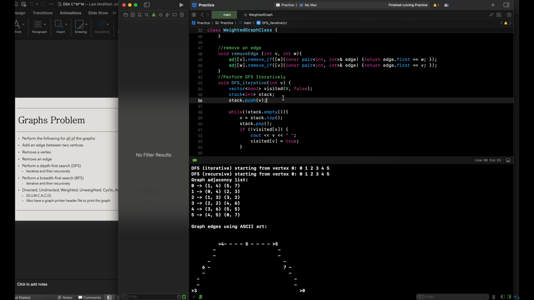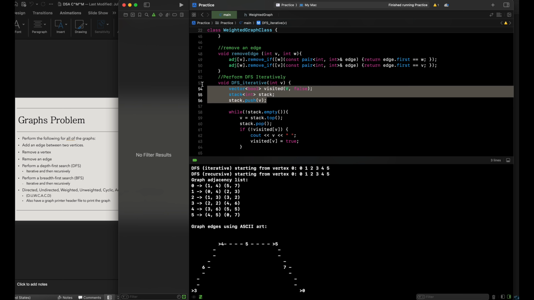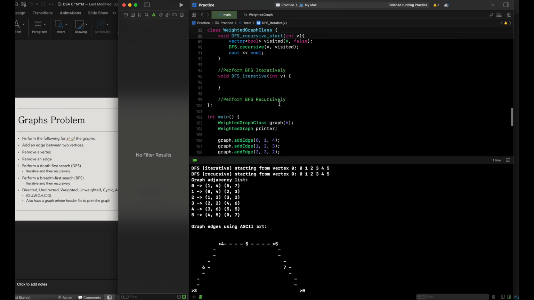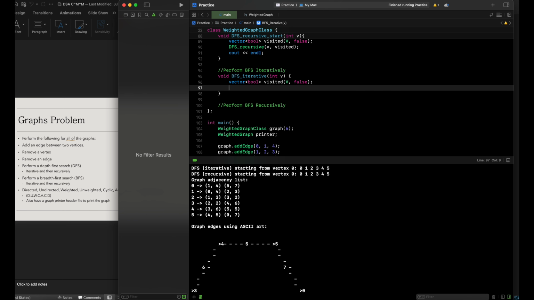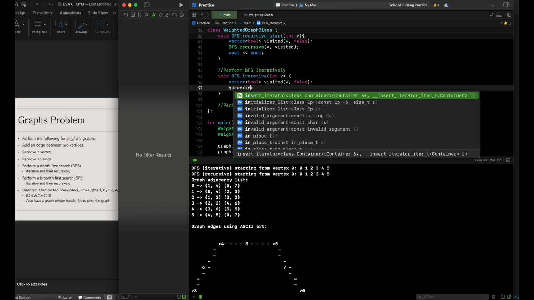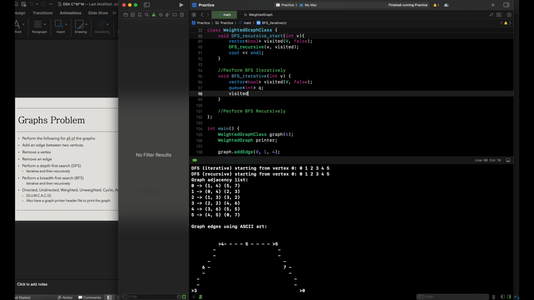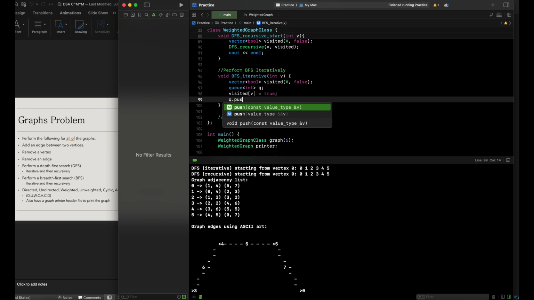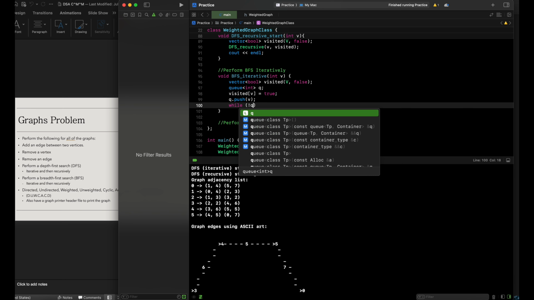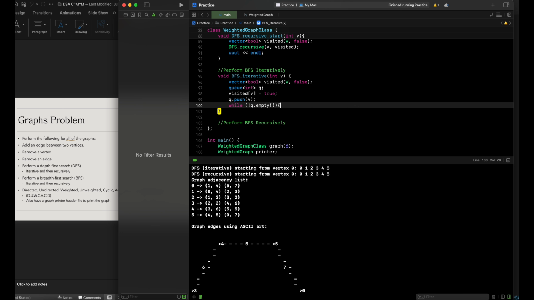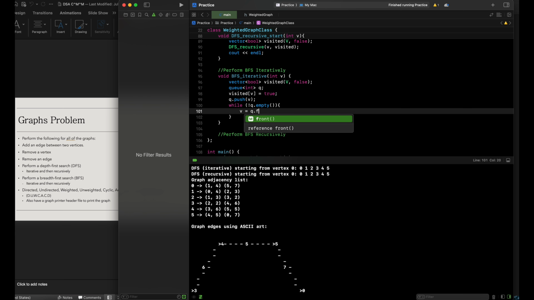While stacks go last in, first out. So some principles that we can actually take, we can use the vector of booleans that we have already made, and this time we're going to use a queue of integers, indicate that as queue, and we're going to indicate what has been visited and set the first vertex indicated as true, saying, hey, we've already visited, and we are going to push each vertex that we have visited inside of our queue currently. And while the queue is not empty,